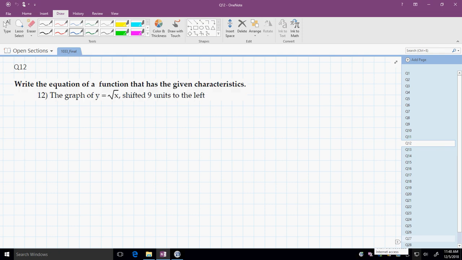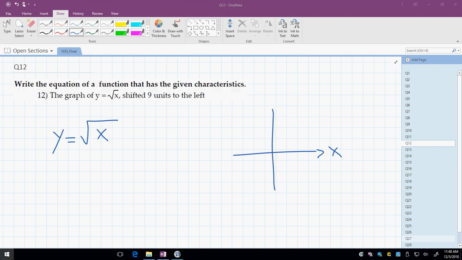Write the equation of a function that has the given characteristics. If they give us a basic one for the square root, which is this one, and they're telling us that it was shifted 9 units to the left, when it moves left and right, it's moving in the x-axis. And that happens contra logic and inside any grouping symbol. And the square root is a grouping symbol. So because it's moving left or right, we know it's going to be inside something and it's going to be against